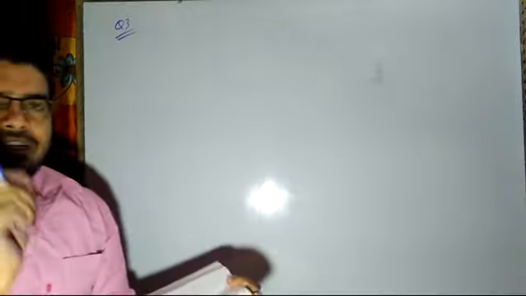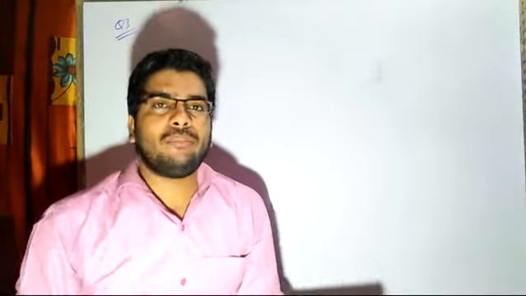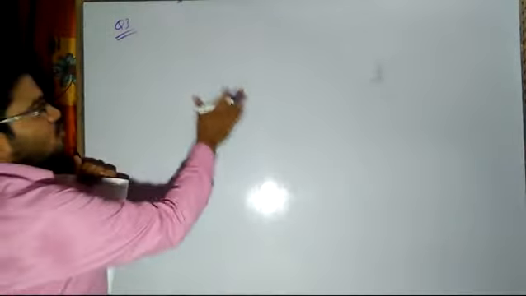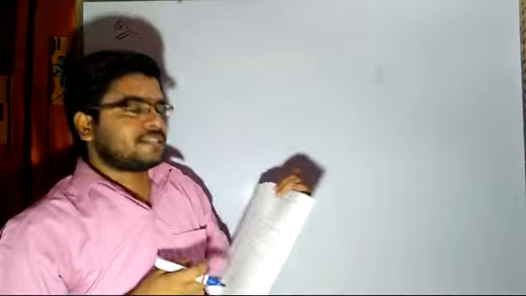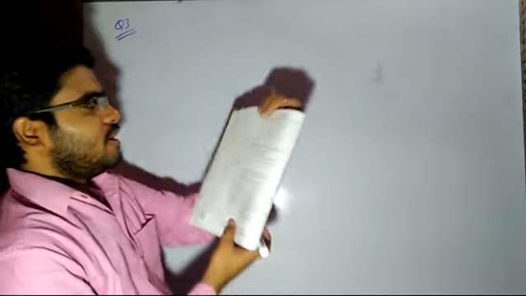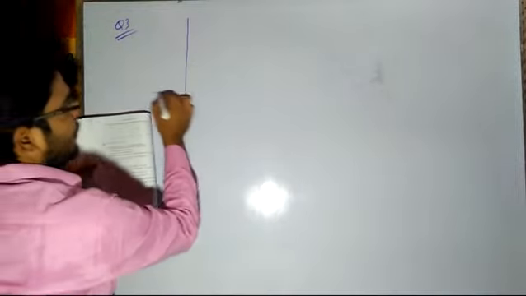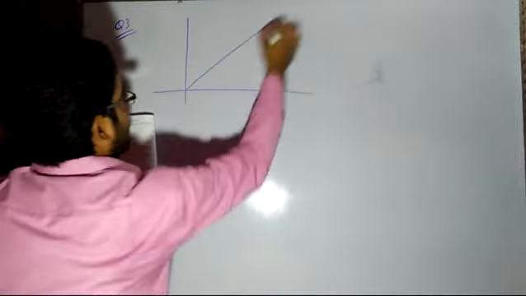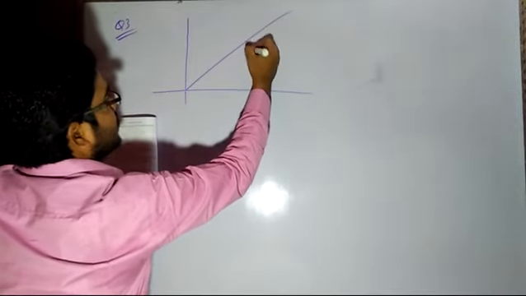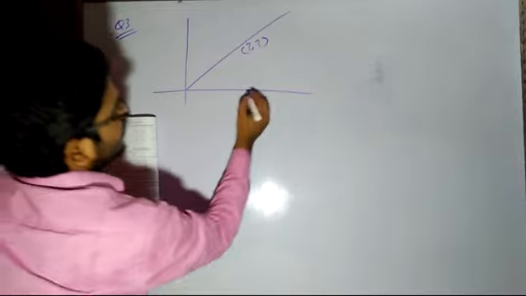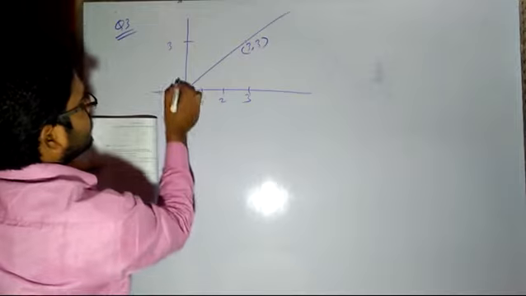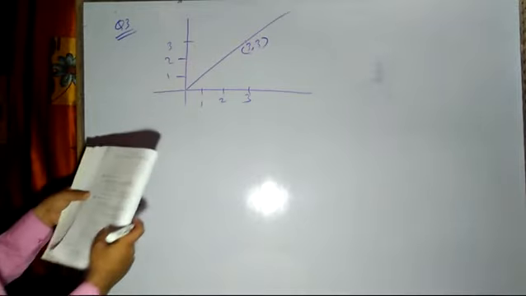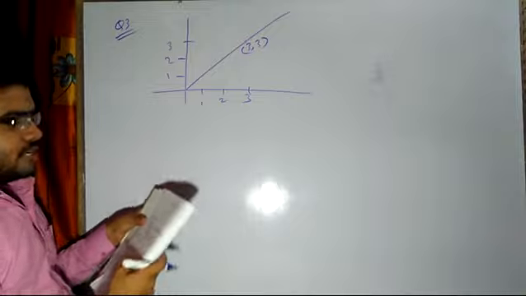Now I have taught you about theta and how to find the slope. There is one more method to find it. We have the two-point slope form. That was the third point which I told you I will be discussing in the next lecture. But right now, as it is given here, I can just teach you how to find the slope. Question number 3 subpart 1: here it is (3, 3). This point is 3 and this point is 3. Correct? Now we have to find the slope and the inclination.